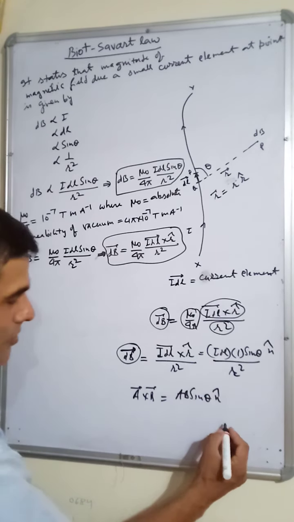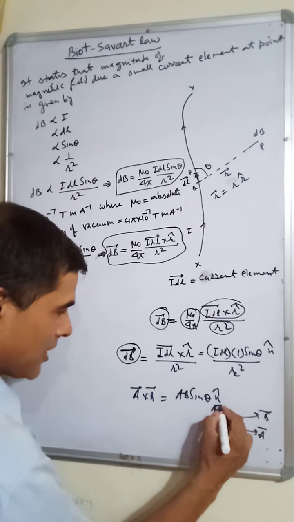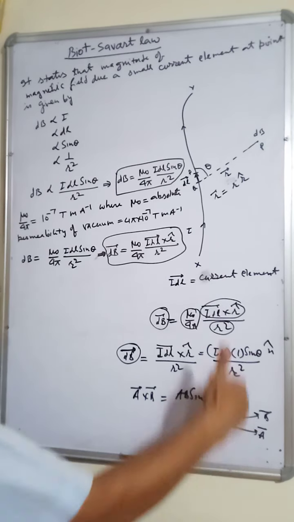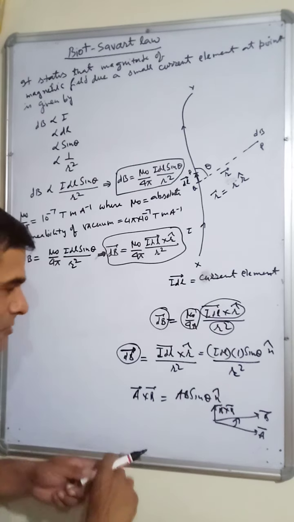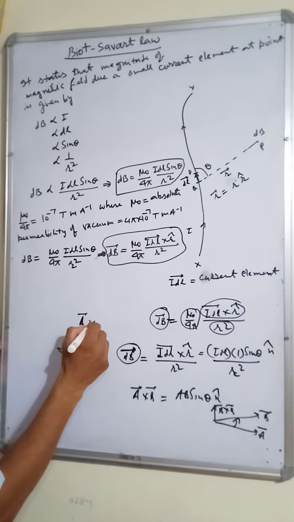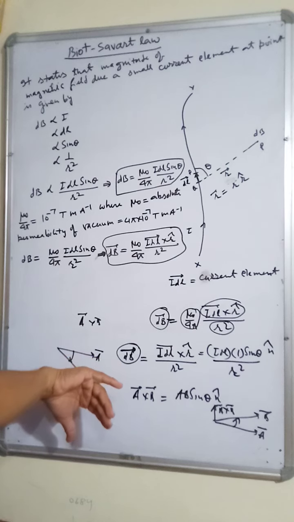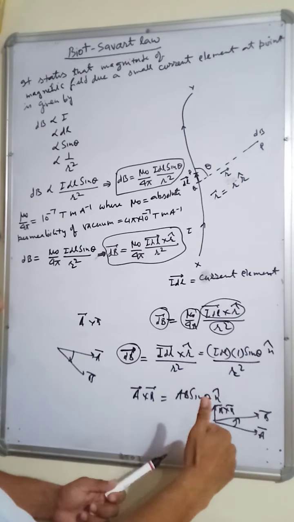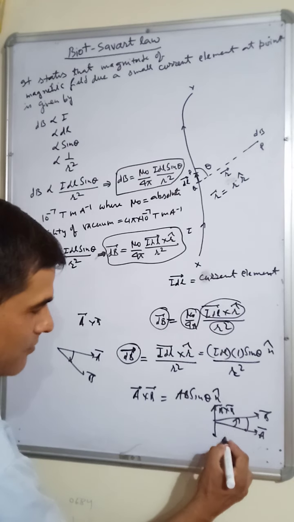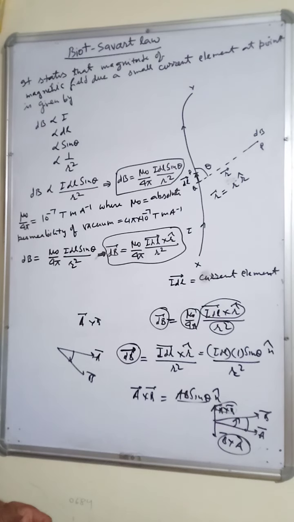So where will be the direction of a cross b? This is a vector a, this is vector b, and this vector is a cross b. So you take your fingers from a to b, and the direction will be given by the thumb. Similarly if this is a and this is b and you want a cross b, you come from a to b, then the direction will be downward. So a cross b will be here, and if you want b cross a, then you come from b to a. A cross b or b cross a, the same magnitude but the direction will be opposite, right?